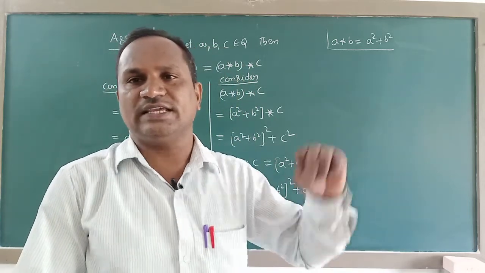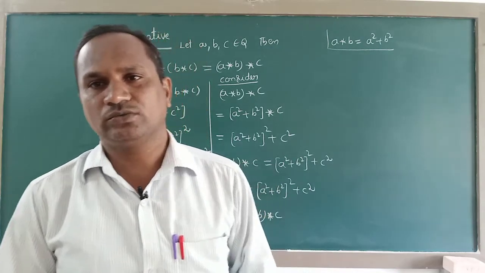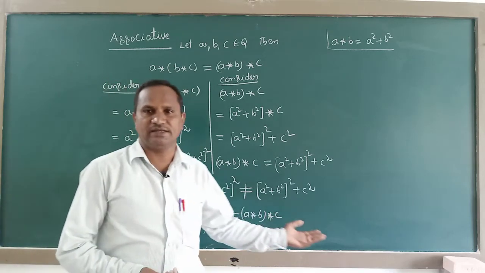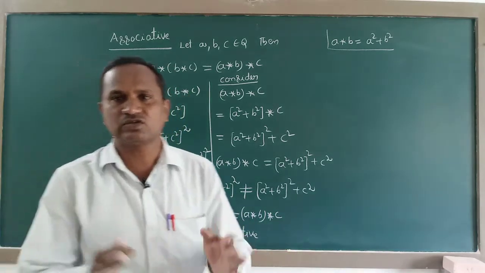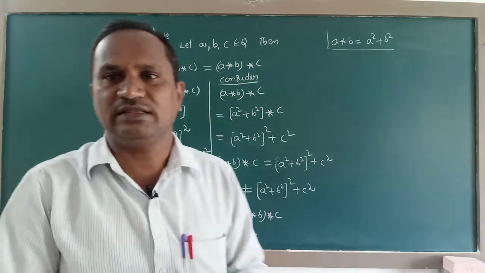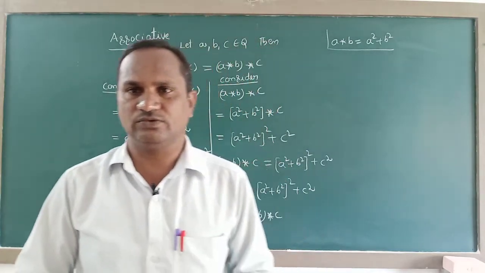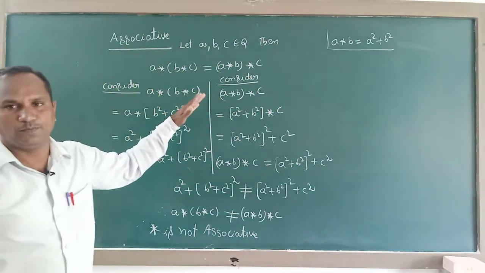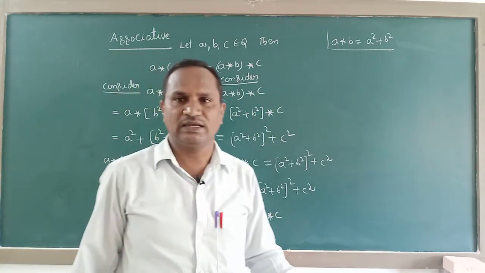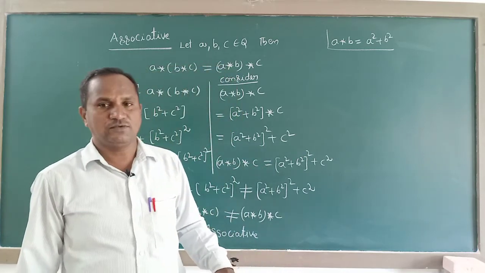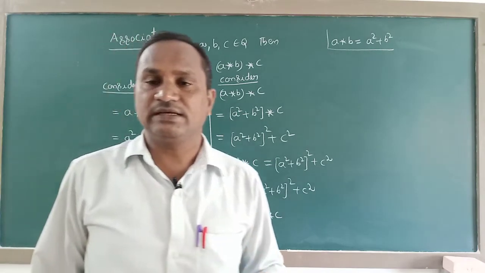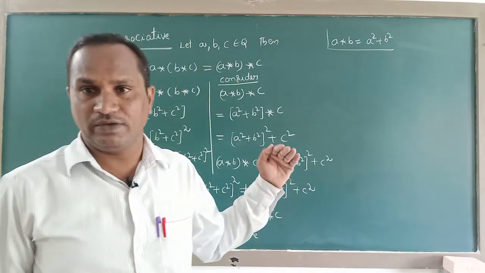By taking some rational numbers also, you can get LHS not equal to RHS. At your home, you can check this also, no problem. Take A equal to 3, B equal to 3 and C equal to 3. Substitute those numbers instead of the small letters A, B and C. Then also you get LHS not equal to RHS. Not equal means we can easily say that star is not associative. So we proved the associative property with the help of the given definition of the binary operation. Now we are going to check for an identity element for this given operation, whether an identity element exists or not.